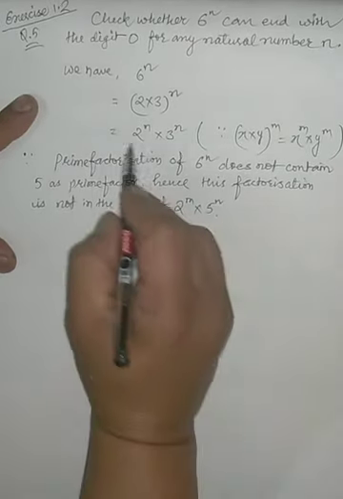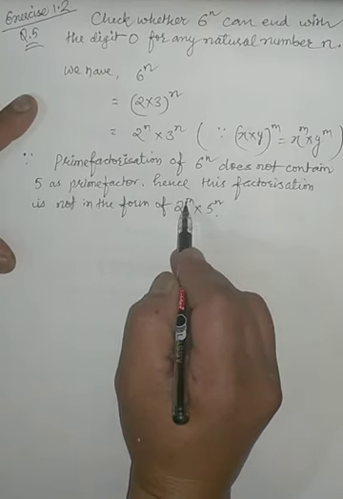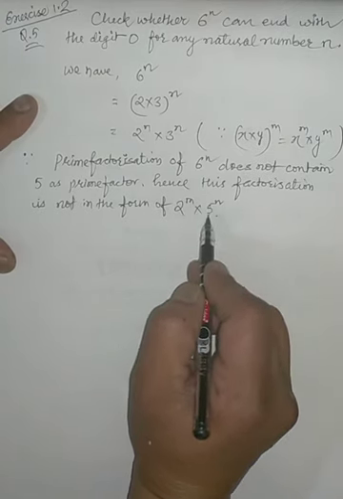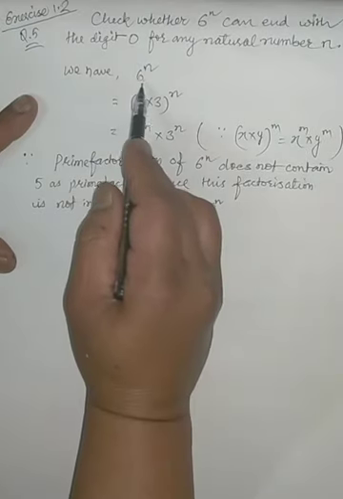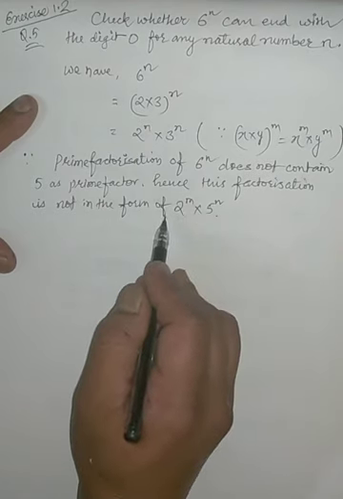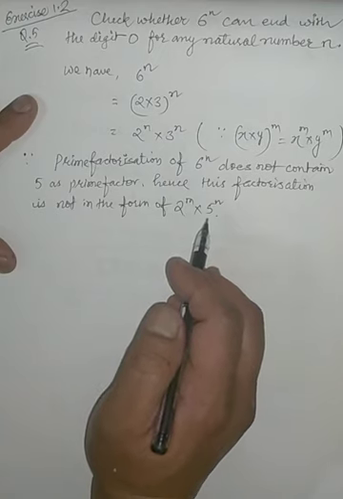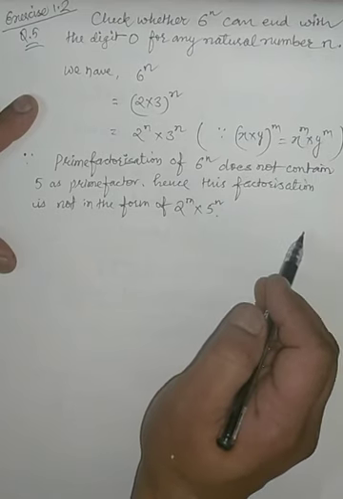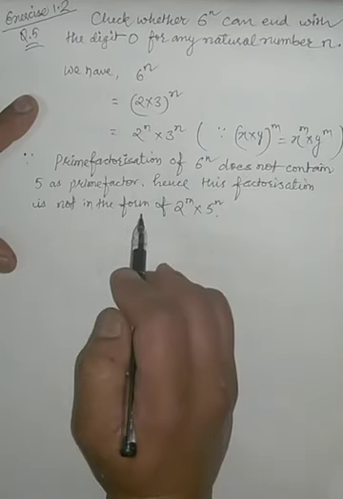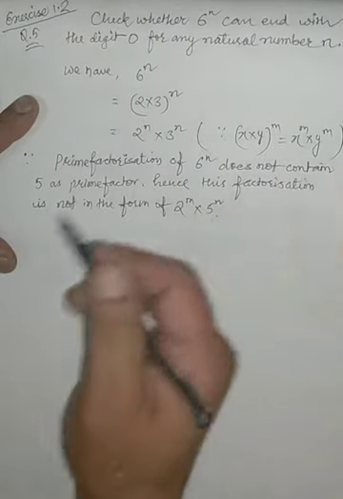This means that if we are given any number and we prime factorize it, 2 and 5 both should come in it. The powers of 2 and 5 can be equal or unequal, which simply means that out of the prime factors of the base, 2 and 5 should each come at least once. If we have many 2's and only one 5, or many 5's and only one 2, then too that number will end with the digit 0.